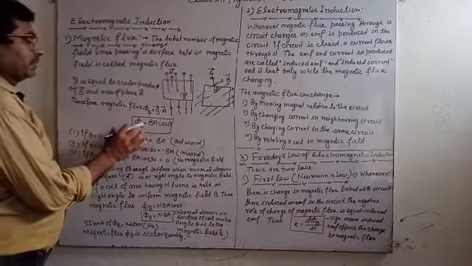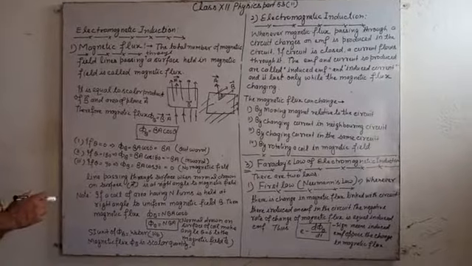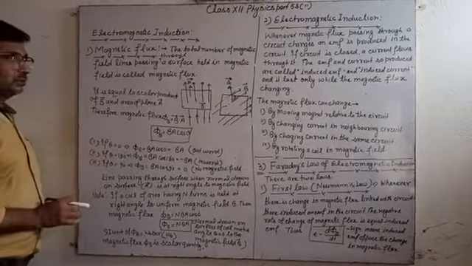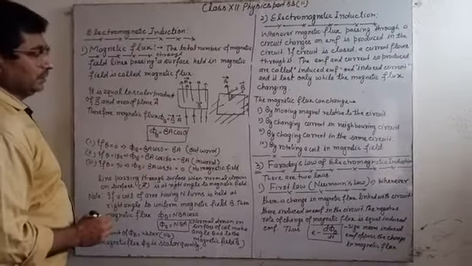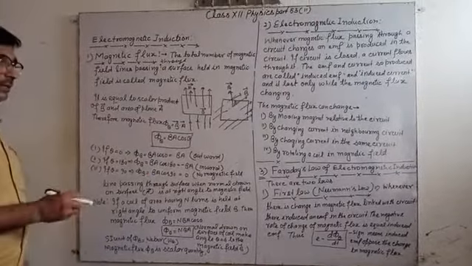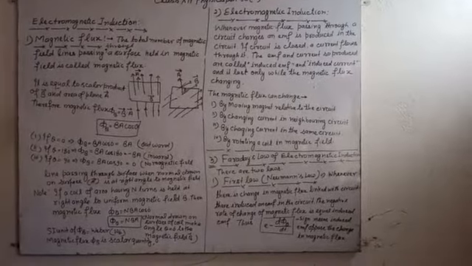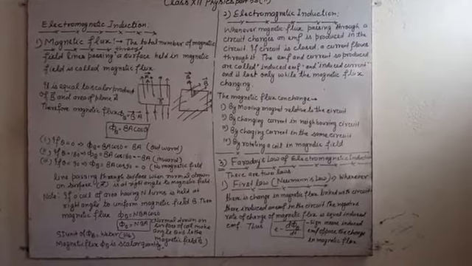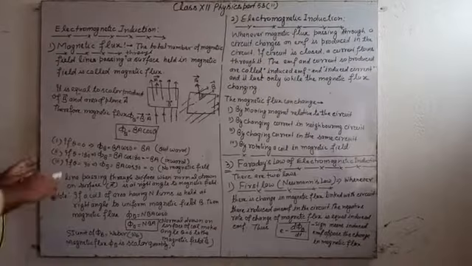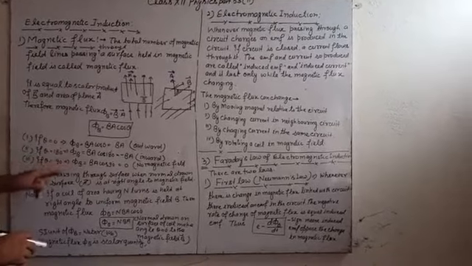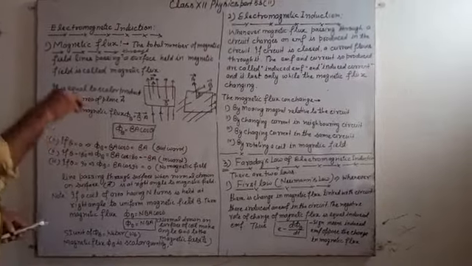That may be written phi B equals B A cos theta. If theta equals 0, phi B equals B A cos 0, which is B A. That is outward magnetic flux coming from the surface in the direction of the magnetic field. If theta equals 180, phi B equals B A cos 180, which is minus B A, inward. It means the magnetic field lines